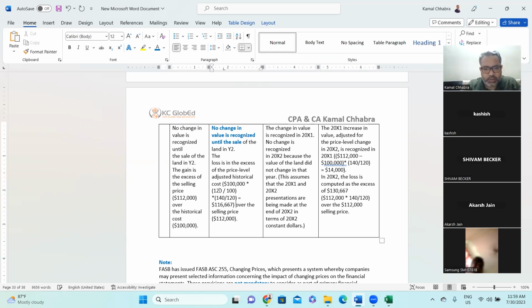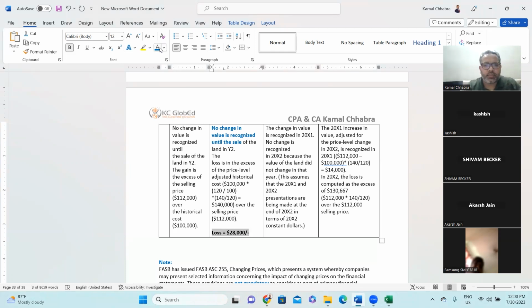Right, so it may result in 140,000 over and above this. So the loss will be equal to $28,000. Right? जी